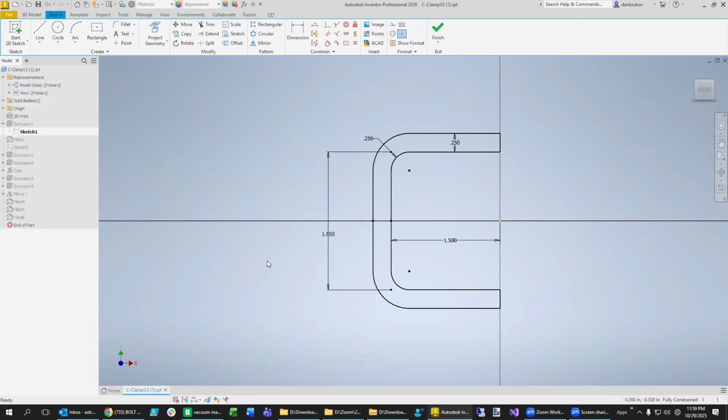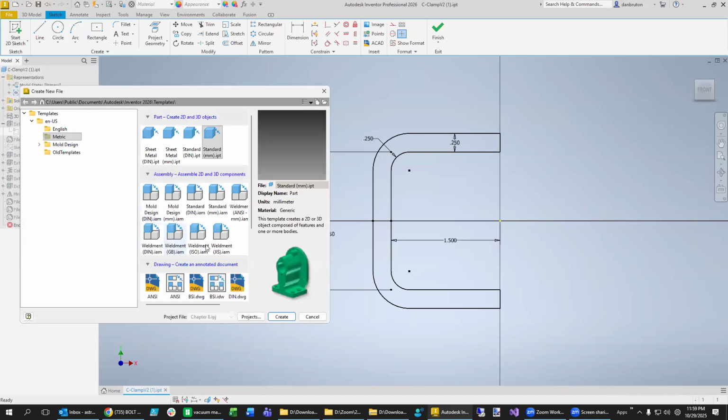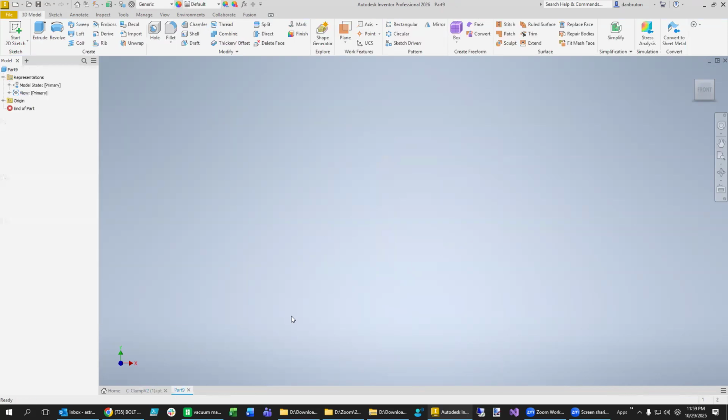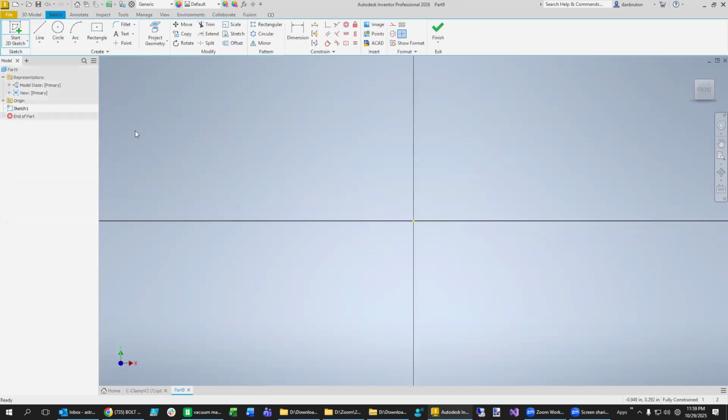So let's go ahead and draw that shape. And so we'll just design it from scratch to make sure you understand how to do all of these things. Now let's see, it's going to be in inches. So let's go to English like this. These are inches like that. Create. And let's just start making a sketch. Usually from this side is good for what we're trying to achieve. And what we can do is just draw out that shape